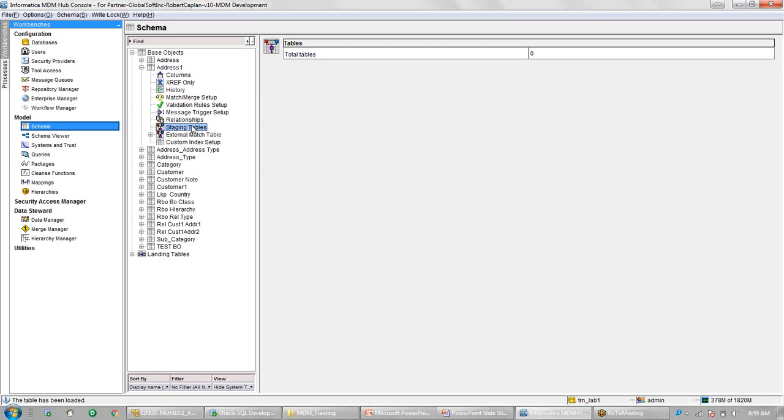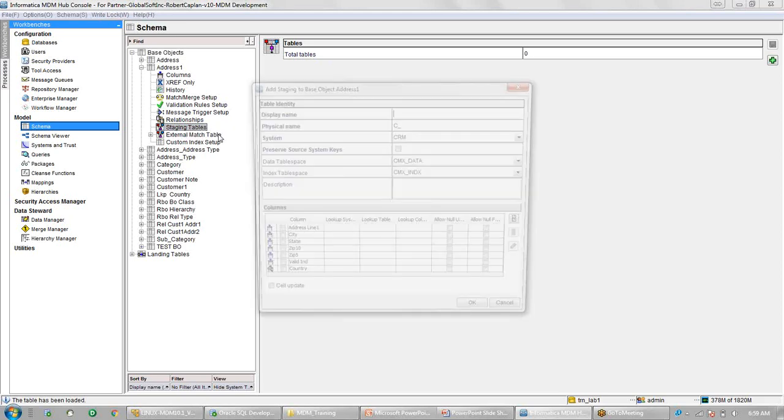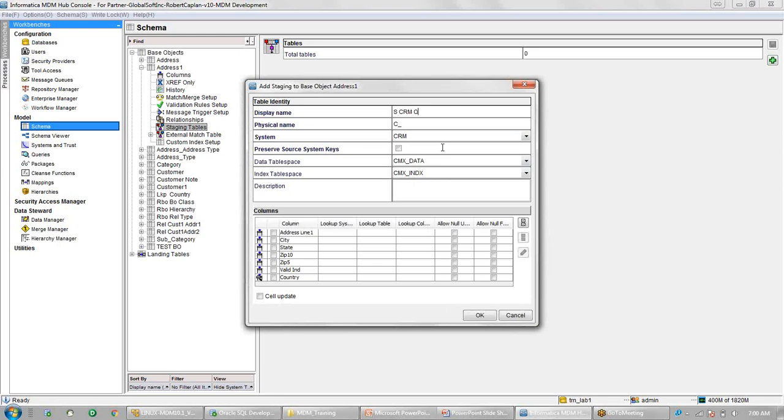And create a staging table. So for the staging table, again we can do a right click here and add a staging table. We'll create only for one system as of now. And here we will select all the columns.